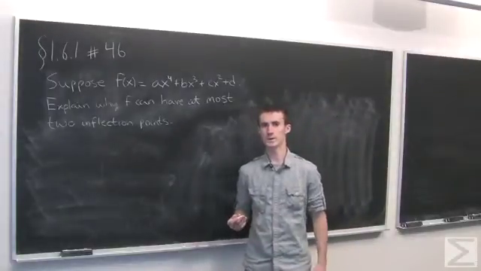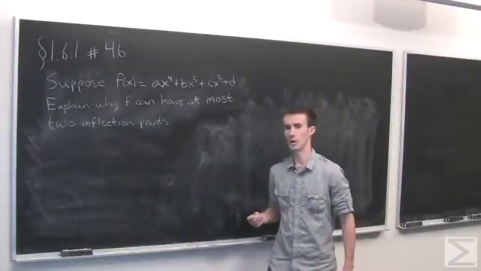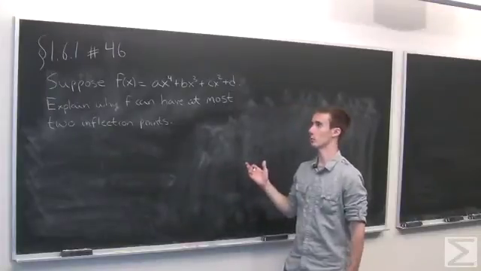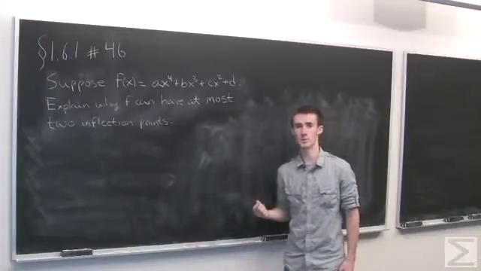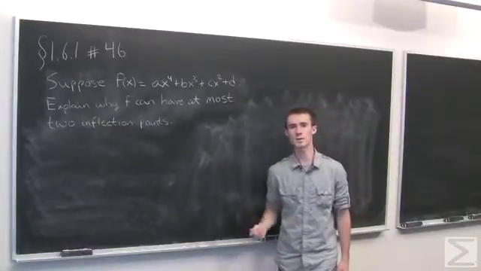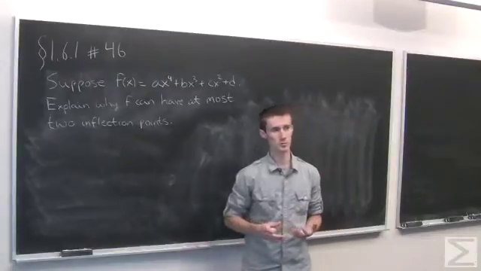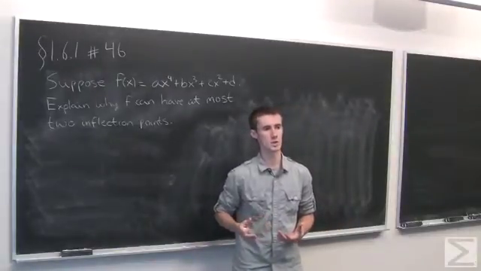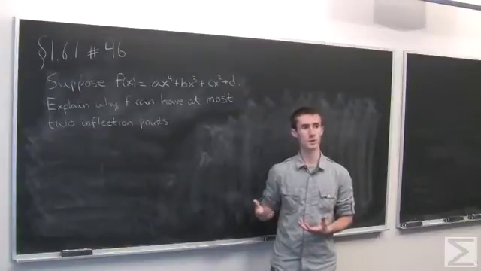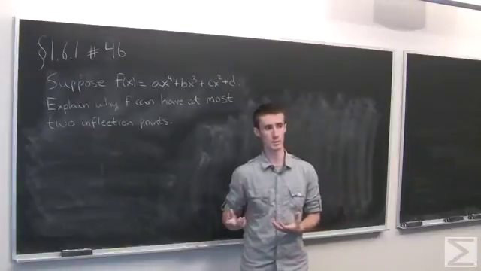Problem number 46 of section 1.6.1 asks us to explain why the function f of x equals ax to the fourth plus bx cubed plus cx squared plus d can only have at most two inflection points. Now recall that an inflection point is a point where the concavity changes. And where the concavity changes, you have to look at the points where the second derivative is equal to 0